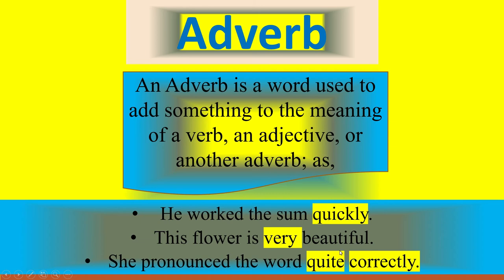The flower is very beautiful. Beautiful is an adjective. Very is an adverb. Very beautiful. She pronounced the word quite correctly. How? Quite correctly. So here quickly describes a verb, worked. Here very describes an adjective, beautiful. And here quite describes the word correctly, another adverb. Identification of adverbs we will discuss further. Understand? So next we will see